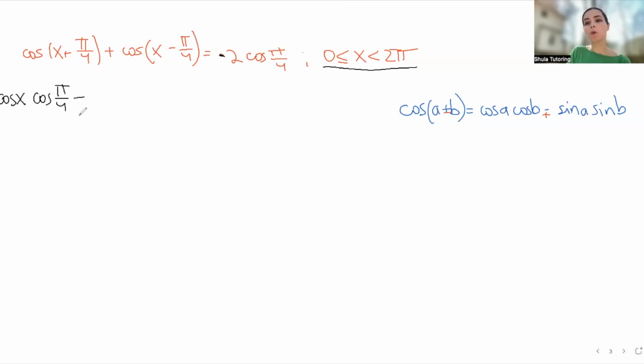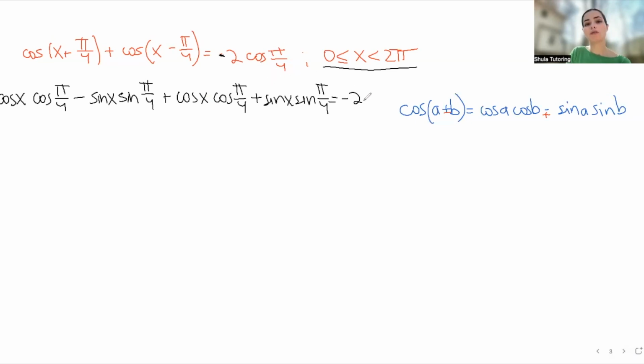So I'm just applying the formula. Very important to remember, when you apply the formula for cosine, you have to flip the sign, not the cosine. You have to flip the negative and the positive in the formula. So here I have positive. When I apply the formula, when I expand, I have a minus here. So then I have sine x, sine pi over 4 plus cosine x cosine pi over 4 plus sine x sine pi over 4 is equal to minus 2 times, well,